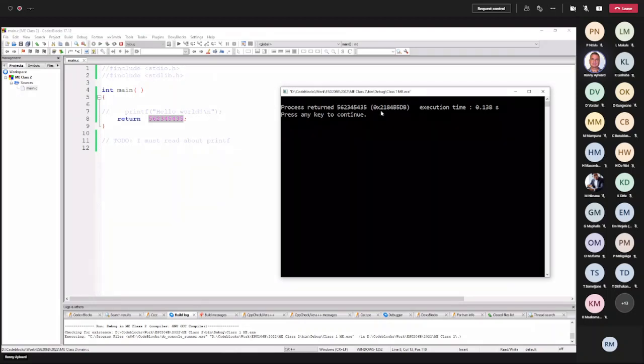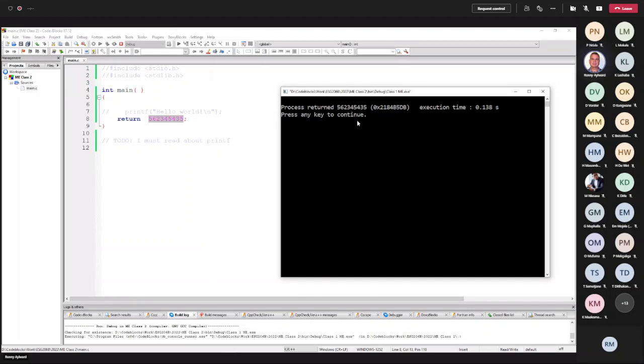Okay. So you can see the hexadecimal value as 32 bits. You can't have more than 32 bits. The number cannot be too big, otherwise it just truncates it.